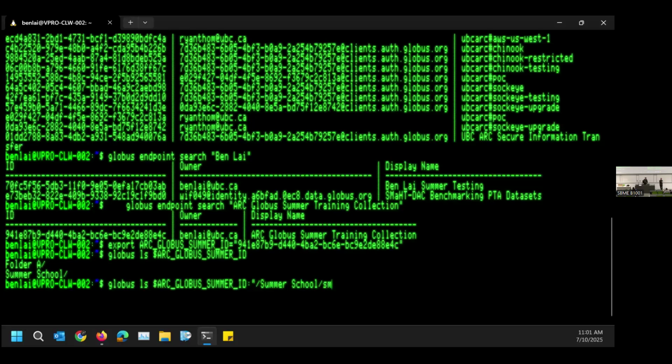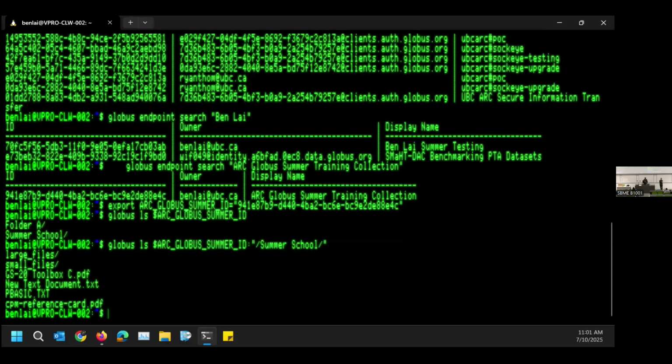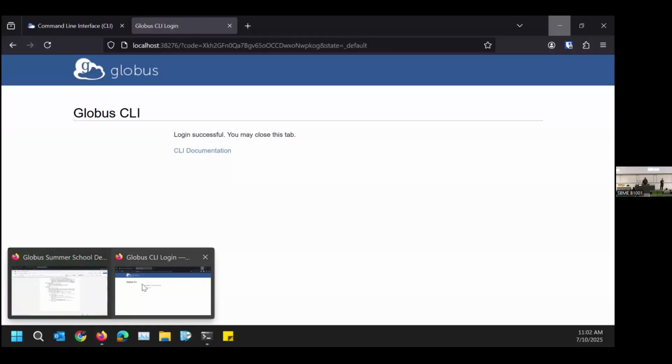Do they have small files? Did I? I don't know. I can't remember if it's lowercase or not. I just do summer school. It's safer. And then it should show the stuff in there. Yeah, it shows the good thing. Forgot I have an underscore. And yeah, I don't even have a thing. So yeah, you could,